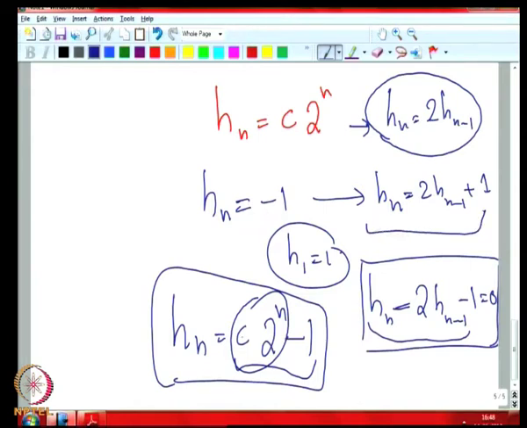The extra C times 2 raised to n has no effect on this, because h n minus 2 h n minus 1 itself will nullify the effect of that. If you substitute C 2 raised to n here and 2 into C 2 raised to n minus 1 here, that becomes 0. That is the meaning of h n equal to C times 2 raised to n being the solution of h n equal to 2 into h n minus 1. So, we understand that